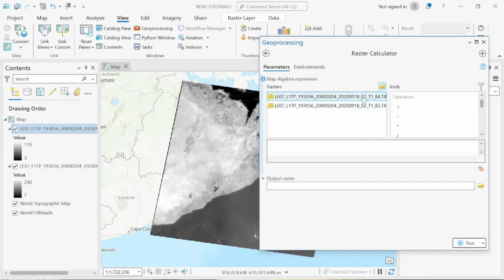The first one is band 4, minus our band 3, divided by, so we have to put our bracket here. So we can just add our bracket here. Okay, divided by, let's add our bracket here. Okay, divided by band 4